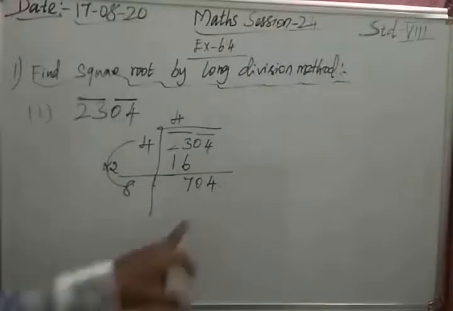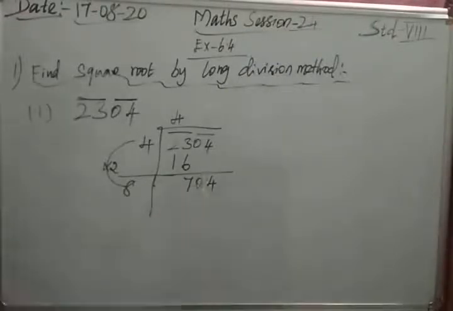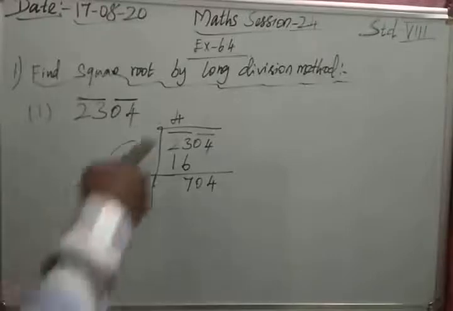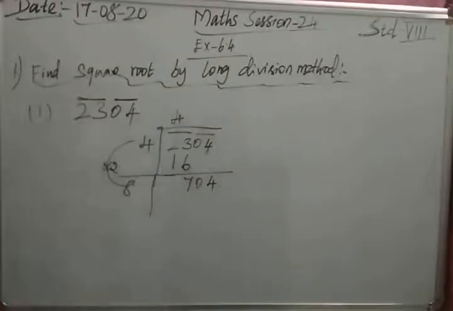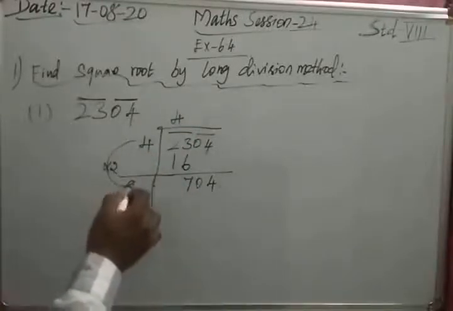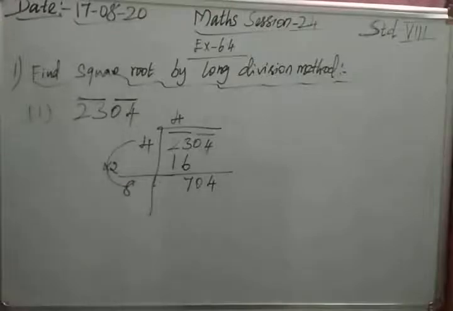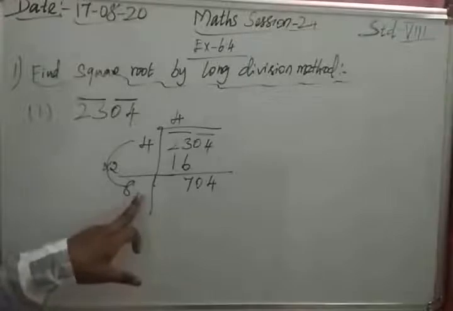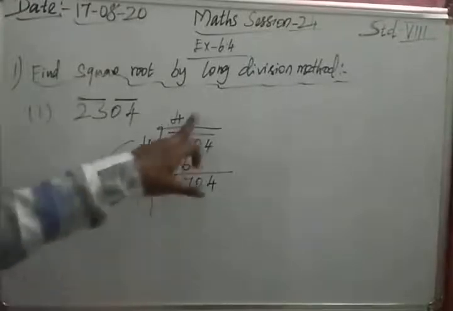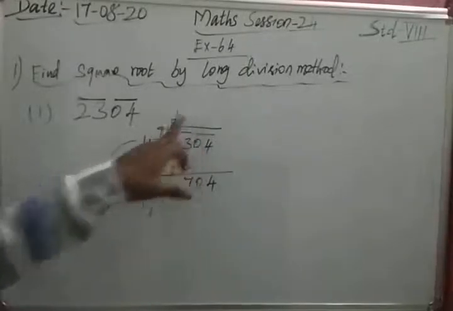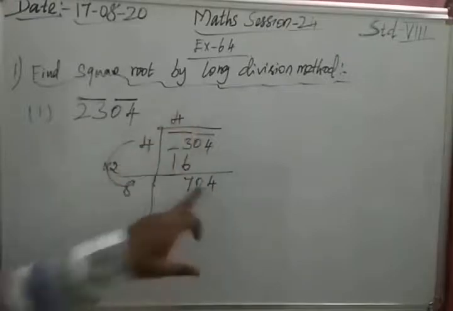Here we have to get 704. To get that value, which number is needed? Listen, already which number is here? This you need not worry about. What is the divider? We have multiplied by 2. That number is 8. So here we are going to put some number, and here also we are going to substitute some number. When we substitute these two values, we must get 704.